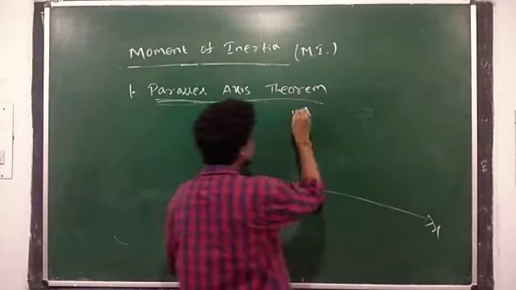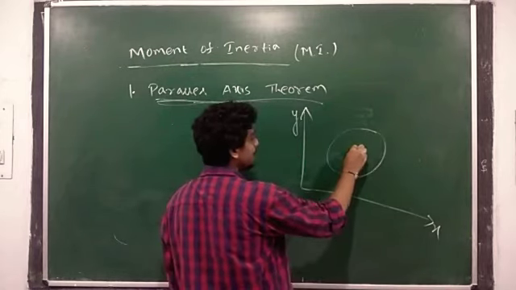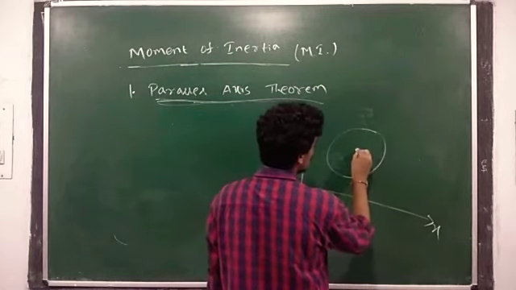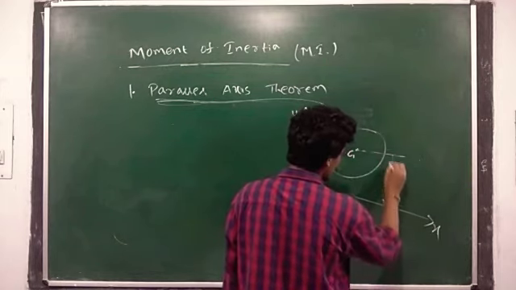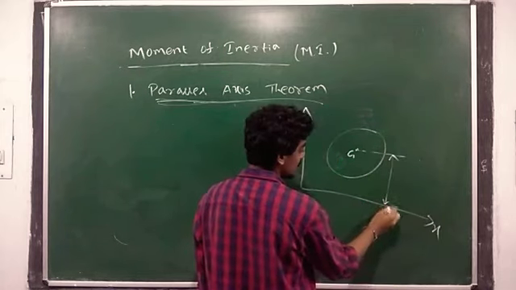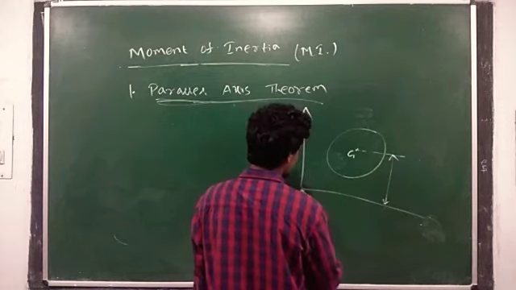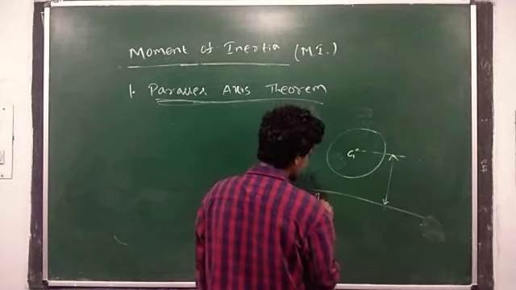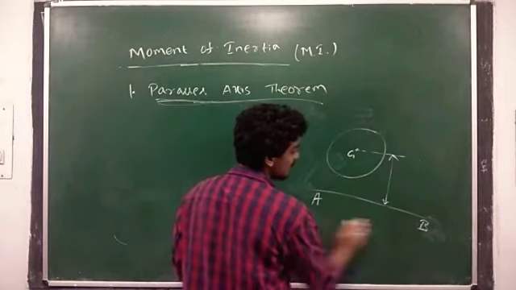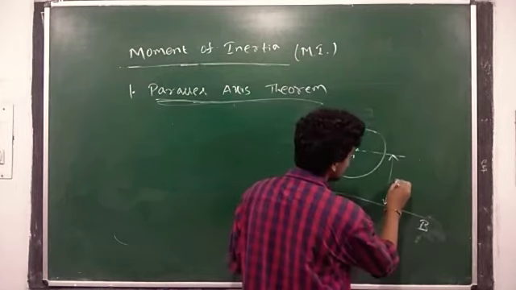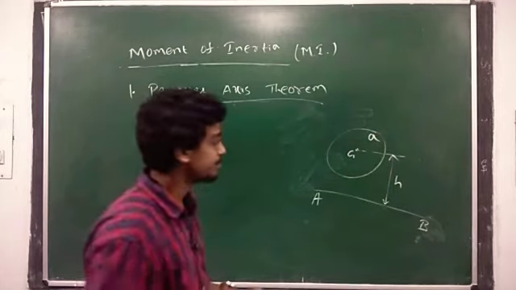Suppose this is x-axis, this is y-axis. Suppose there is a circle here. Suppose the distance from the centroidal axis to the below axis where the moment of inertia will be required. Suppose this is AB. I am not denoting the axis, just writing here AB. And every time if I will do the axis, you will get confused. So just I am writing one AB line. So distance is H. The area of that section will be A.